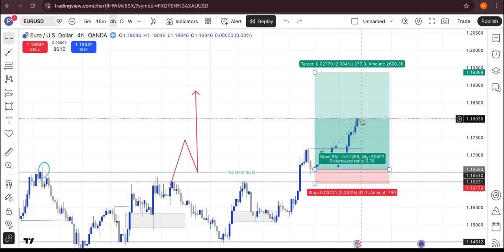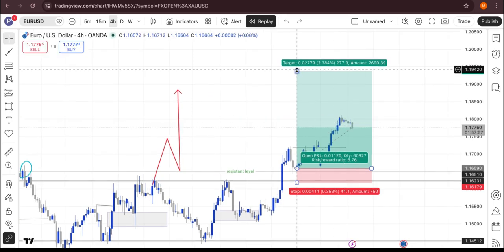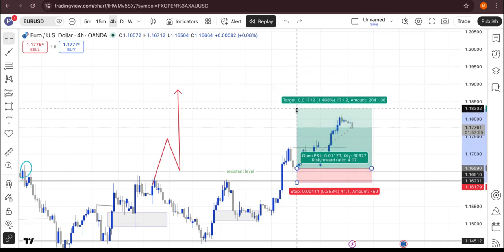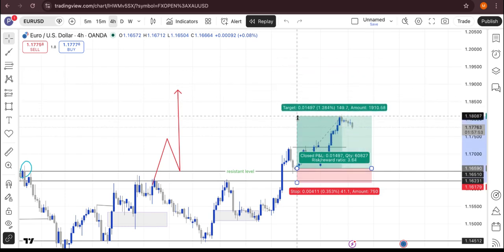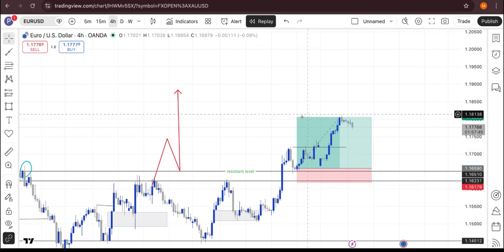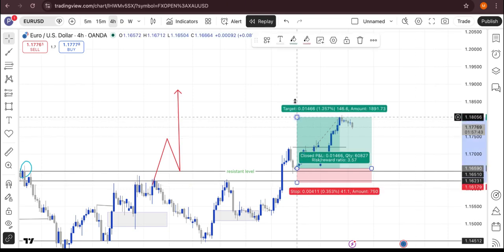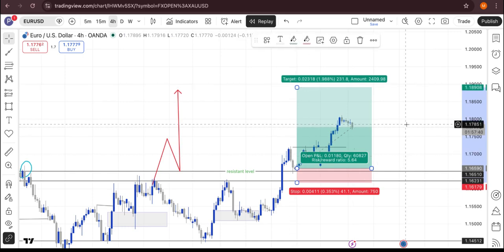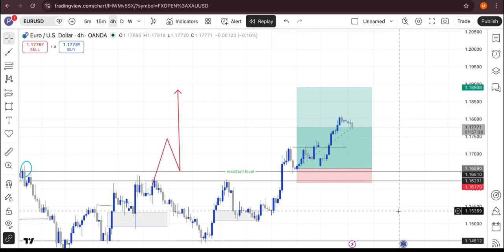1:5 is the ratio. See how strong it is, see how precise the entry is. If you understand, you see how good it is. Already we have done 1:3, which means if you are risking $100, you are aiming to make $300 already, right? And the market is still moving. So that's how you actually trade these breakouts and retests. This is the current Euro USD, and we are anticipating that Euro USD